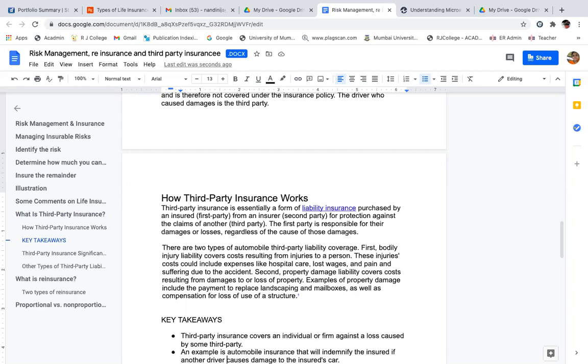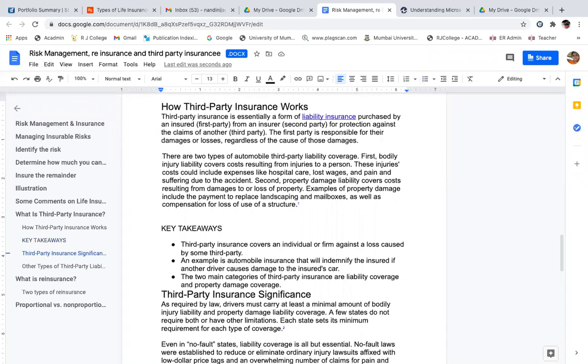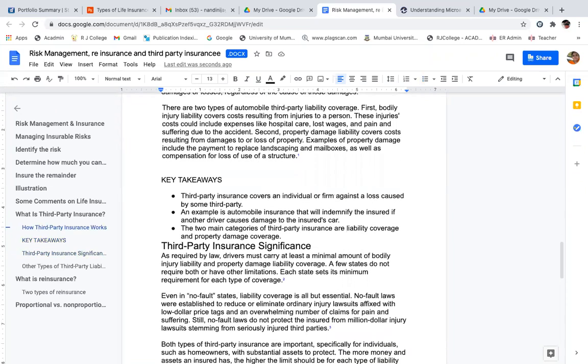Just kisko injury hua, like for example, somebody on the road is hit, his hospital expenses and other compensation to be given to him is borne by the insurance company for which I am paying a premium. Are you following? Who are the three parties? I am going to be paying the premium. My vehicle is the insured, then there is the insurer, and somebody else who receives the claim.